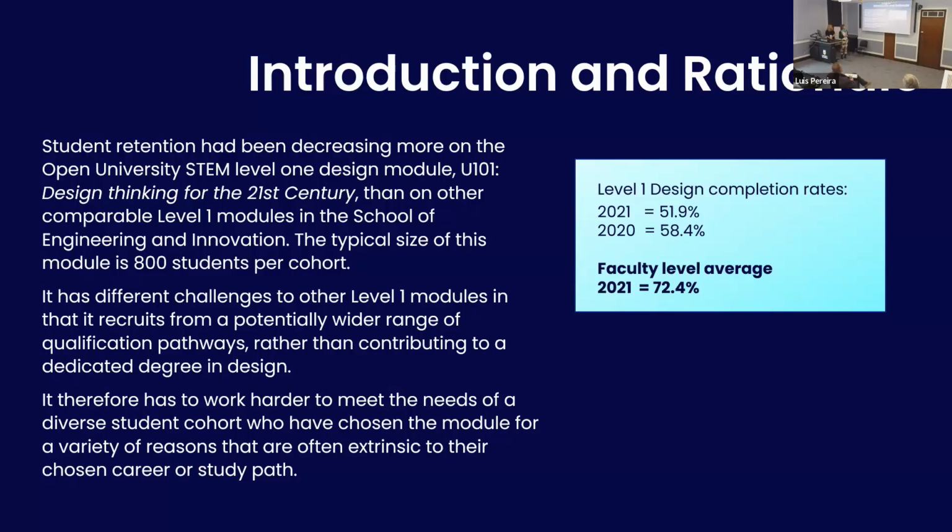It's not good. So we were comparing our level 1 module with other level 1 modules of a similar size in engineering and innovation. And we were trying to analyse what it was that was different about ours, because ours is a very quirky module. It's got a lot of practical stuff in it. It's a design module, and it is now, but it wasn't devoted to a particular degree pathway. So the environment pathway, they had a degree in environment, so the students were motivated in